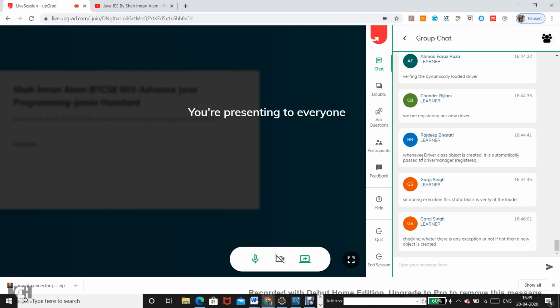Rajiv says whenever driver class object is created, it is automatically passed to the driver manager class. Yes, this is what we have discussed just now. So during the execution of the static block, it is verifying the loader, then checking whether there is an exception or not.